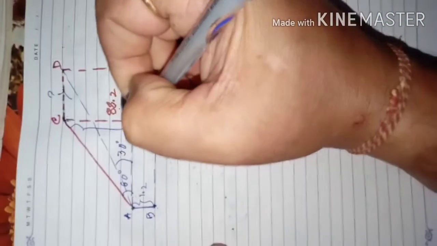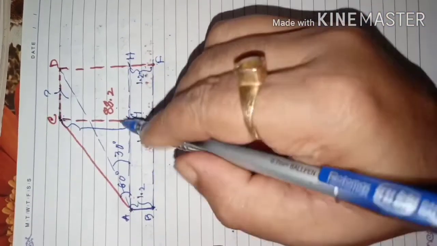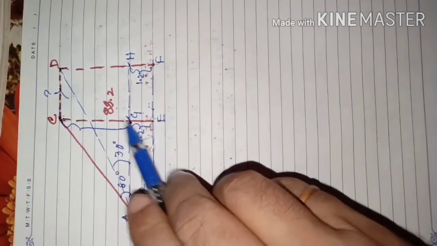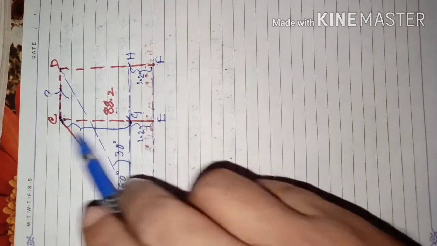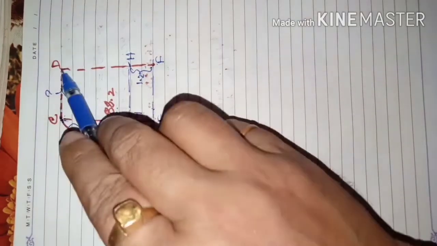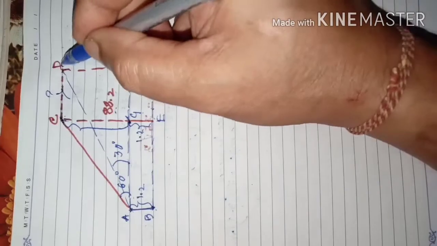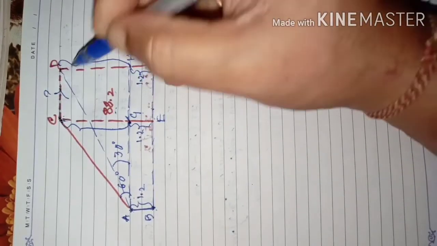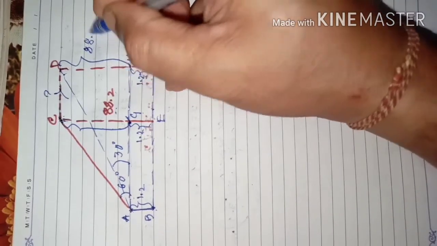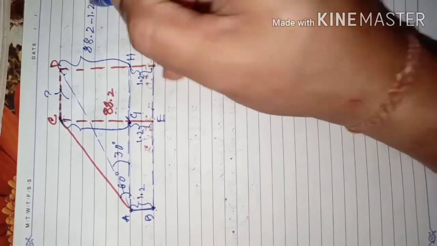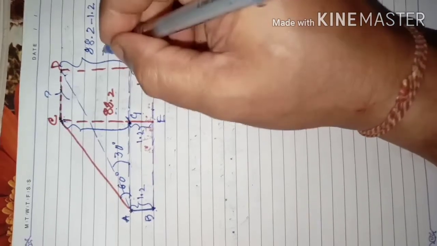And the height of the balloon is 88.2 from ground to the balloon. So if we subtract this 1.2 from this 88.2, we get the height of the balloon above the height of the girl. Means this part, C to Z, how much will it be? 88.2 minus 1.2, that means it will be 87. Then this DH also will be 87, because from 88.2, 1.2 is gone. So it will be 87.